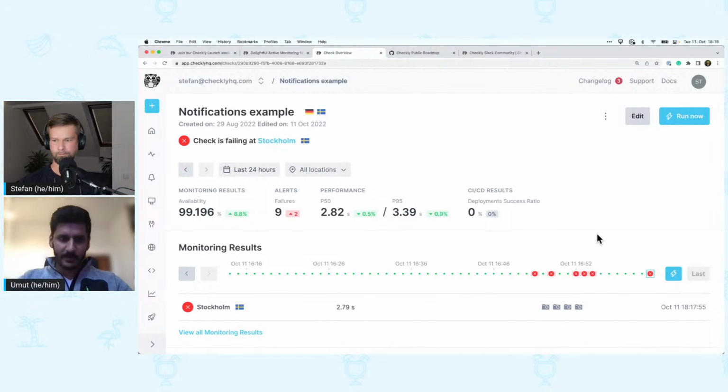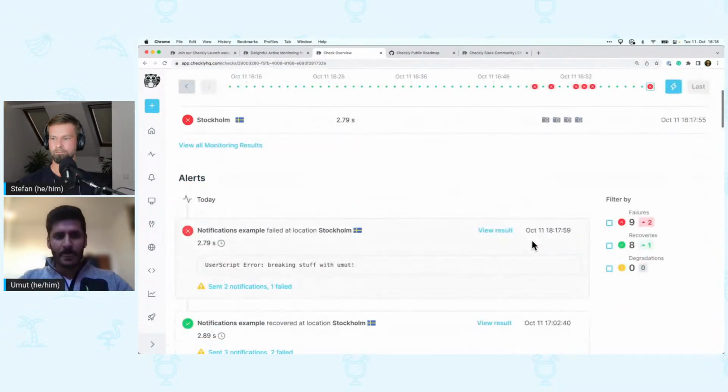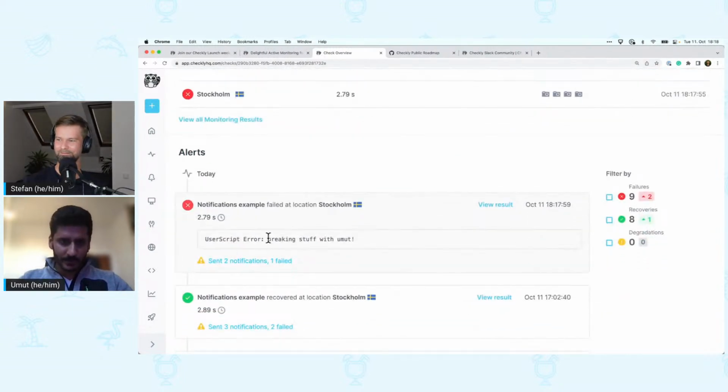So this was a failure. This was a state change directly from successful to failure. So you can see also in your event timeline there that there was an exception. So if you, for example, go to your alerts, right,